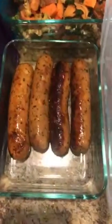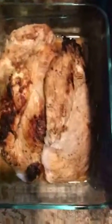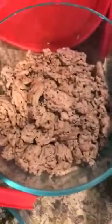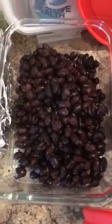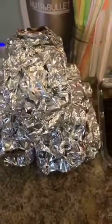I have some chicken sausages I seared in the cast iron. I have some balsamic chicken breasts that I can throw on salads or on a sandwich, or really anything throughout the week, or mixed with some veggies. I have lean ground turkey with Italian seasoning. I have rinsed black beans that I can throw on salads. I have steamable quinoa with kale in it that I can also throw on salads. And then roasted green beans, and lastly is breakfast burritos,